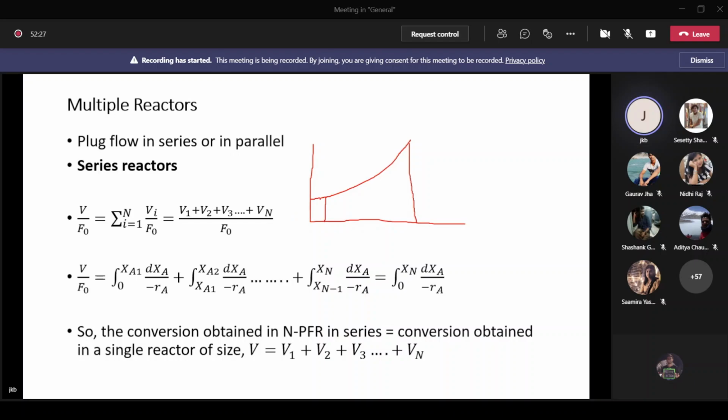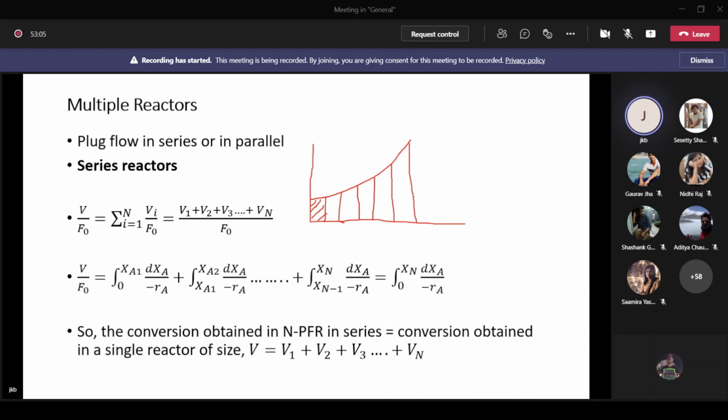Say the first reactor integral area under the curve will be this. I have shown with hatched line, this area. Then if we add a second reactor, you have to add a cumulative area here. Again a third reactor, so it is XA1, it is XA2, it is XA3, and gradually you can continue this to attain the final conversion. So if one reactor is not sufficient, you can add n number of reactors in series,